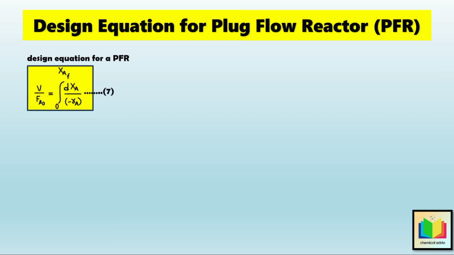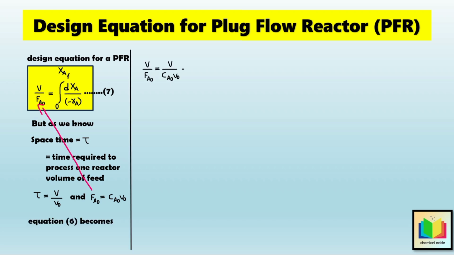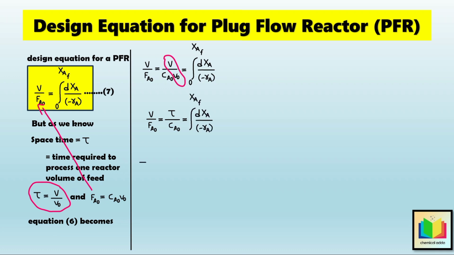Now, let's write this equation in terms of space-time, which is represented by tau, where space-time or tau is the time required to process one reactor volume of feed. Hence the formula for tau is equal to V by V0. Then we know that the formula for Fa0 in terms of concentration is Fa0 is equal to Ca0 into V0. Now, first let's put the value of Fa0 in equation 7, so we get, now let's put tau in place of V by V0 in this equation. So we get, after adjusting the terms, we get,